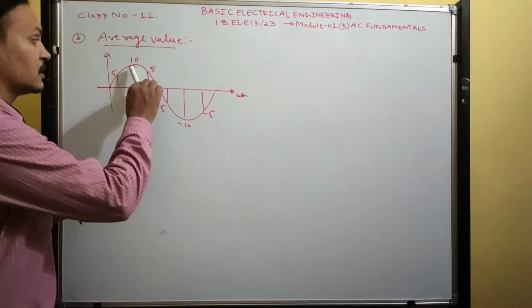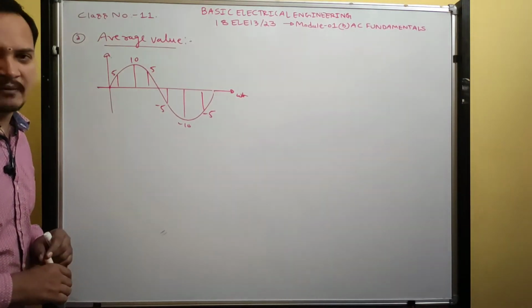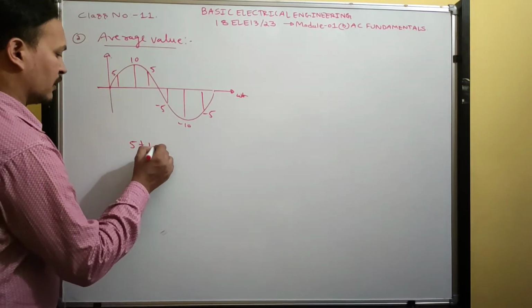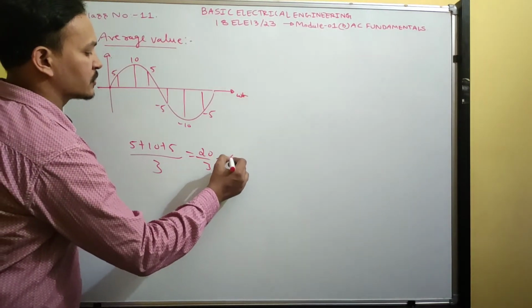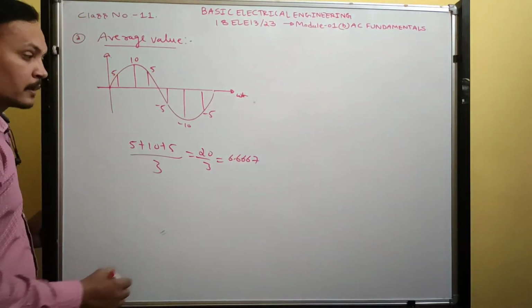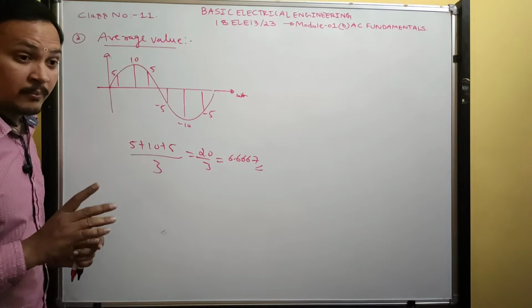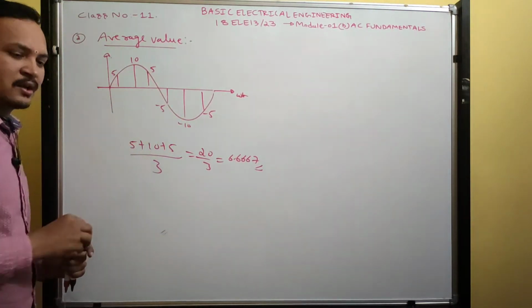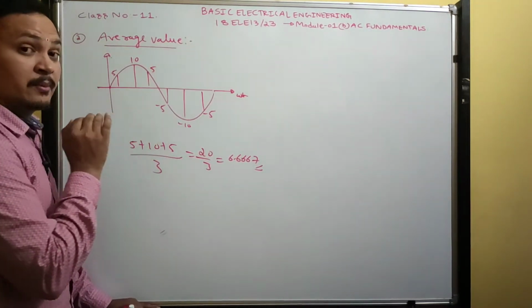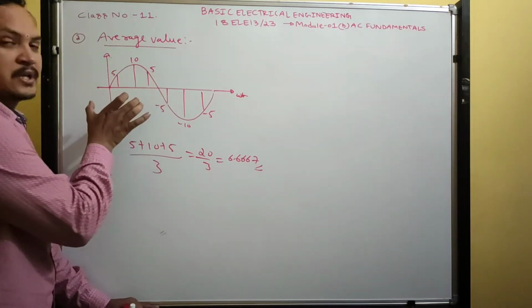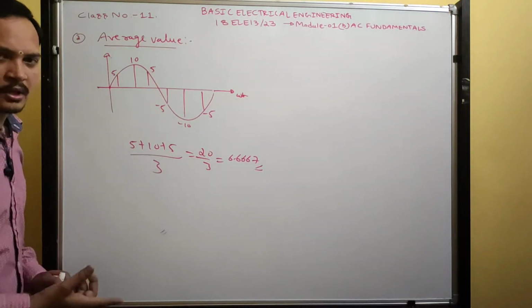If the waveform is symmetric, consider only half cycle to compute average value. So now half cycle only, 5 plus 10 plus 5 divided by 3 instants. So what it becomes? 20 by 3. This becomes 6.66. Got it? This is the average value of sinusoidal waveform, pure sinusoidal waveform. But since the waveform is symmetric, if I complete over one cycle, it becomes 0. But average value is there. But we should consider half cycle, because half cycle is having sine form. We can represent this half cycle in sinusoidal form.